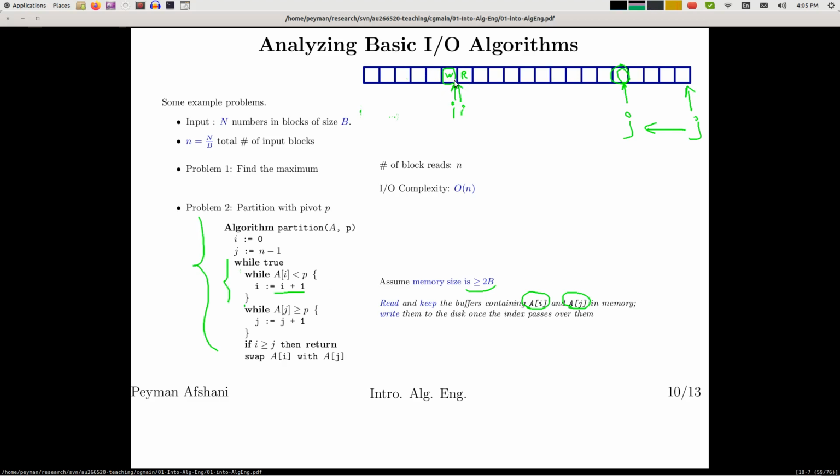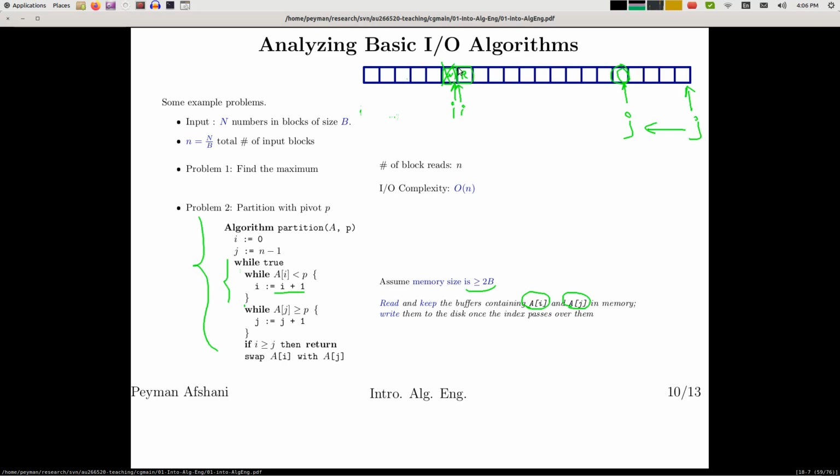The elements of this old block are kept in the memory by our assumption that we keep 2 blocks in the memory, one containing A[i] and one containing A[j]. So these elements of this block are inside the memory, so I can write them to the disk. Once I've finished writing them, I can now ignore them. I throw them away, and I keep this new block in the memory. So therefore my algorithm